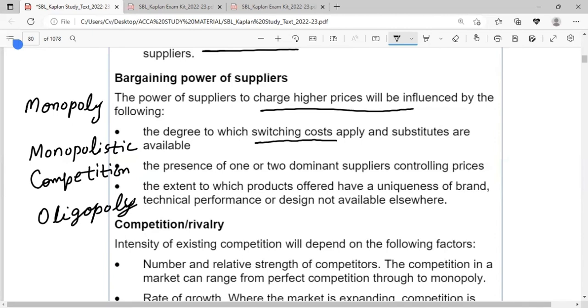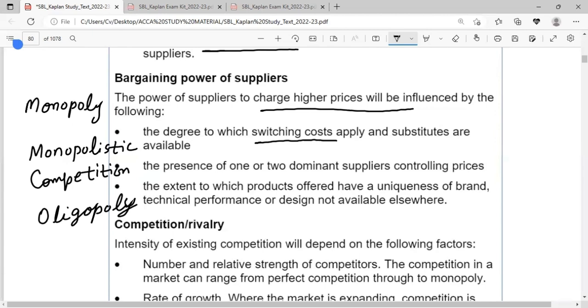But on the other hand, you are used to purchasing a burger from a specific seller, but there is a new seller in the market, a new food chain, and they are ready to offer you a similar burger at the same price. Previously, you were buying a burger suppose for $10, and the new seller is also offering a similar burger at $10.